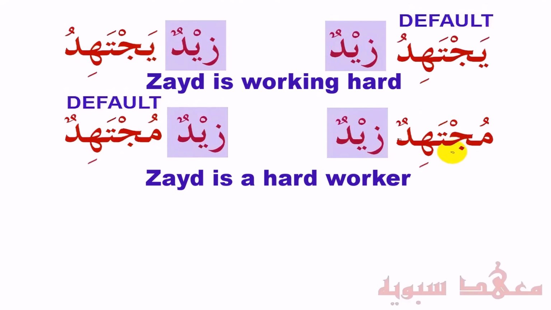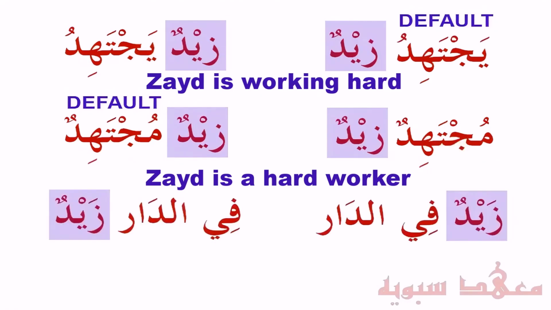We can also have, for example, a harf jar and an ism majroor coming as the musnad. So in the first sentence, Zaydun fid dar. And this is actually the default of how the sentence is. We have the mubtada and the jar majroor khabar. So we have the musnad ilayhi and then the musnad. Now we can actually change the positions and have the jar majroor in front. This also changes the meaning slightly, which we'll speak about inshallah.